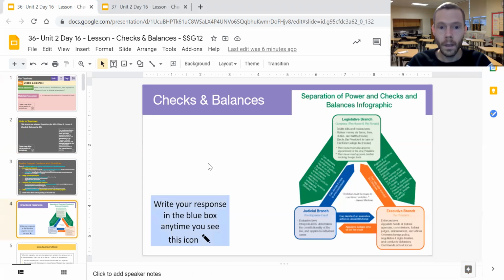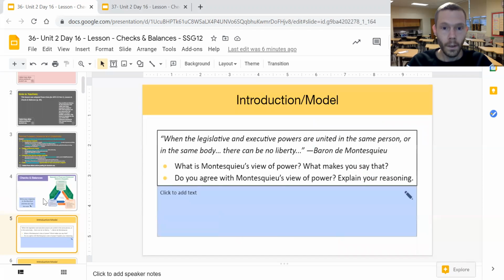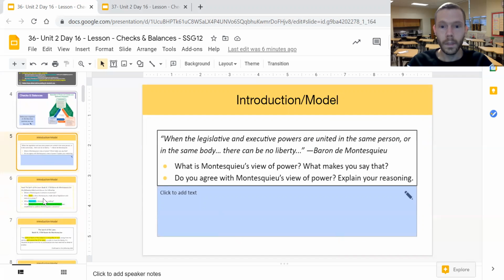The main emphasis of this lesson really will be on checks and balances. If this is the first time you've seen this on the slides of the digital curriculum, there'll be plenty of slides where students will be able to write their responses to particular prompts in these blue boxes anytime they see this pencil icon. So the introduction or model to this lesson is going to look at an initial quote